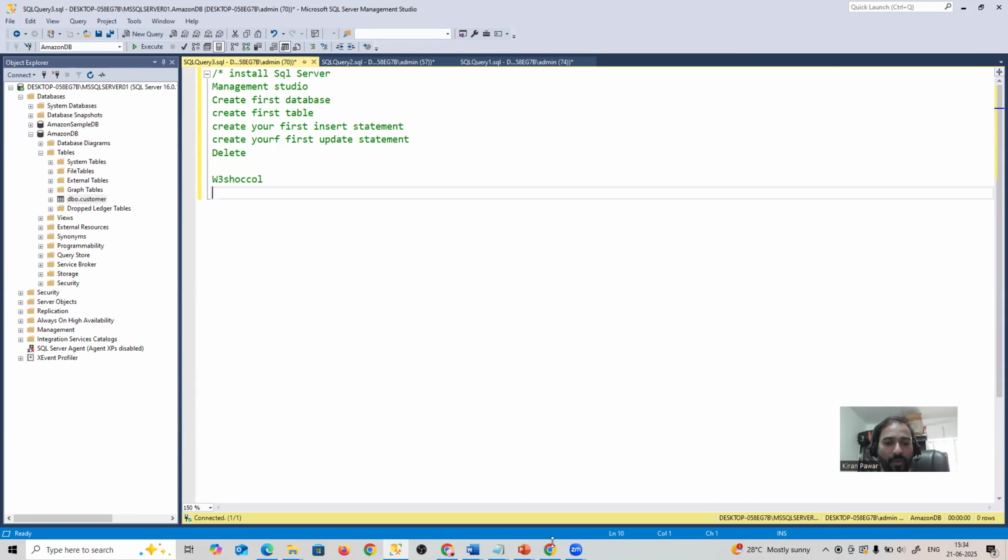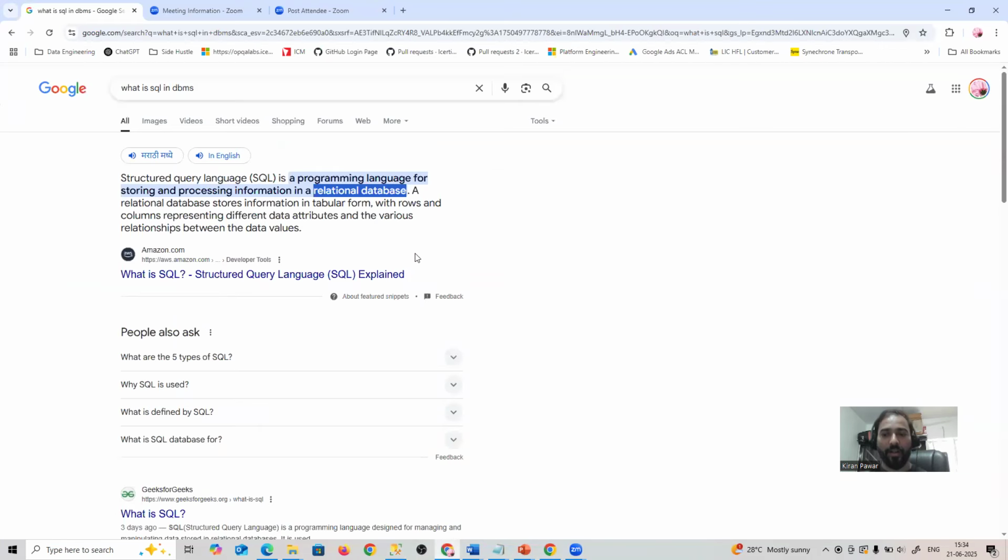And I hope now if you go back to the definitions, you will understand clearly what Structured Query Language is. This is a programming language, right? Why is it a programming language? Because you are writing code: insert, update, delete, create database, create tables, where conditions, modify, delete, all that you are doing. With the help of SQL, you are storing the data, that means you are inserting the data,